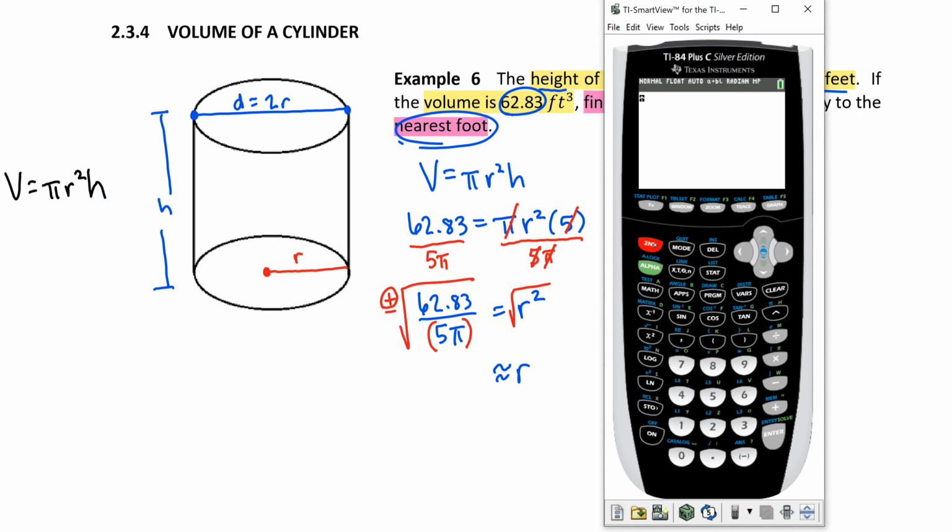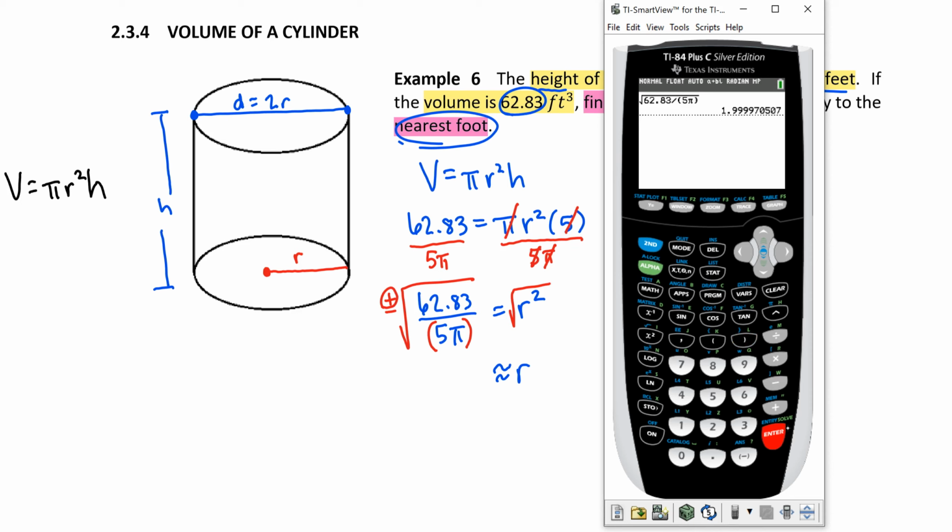So I'm going to evaluate the square root of 62.83 divided by, now I'm going to open up parentheses and enter 5 pi. So there's my 5. Notice over there to the right of your keypad above the caret button, you have a pi in blue. So I'm going to access the pi by pressing my second key and then the caret button. So your calculator stores the value of pi more accurately than 3.14. It keeps a few more digits than that. So I'm going to close parentheses for the denominator and press enter, and we get